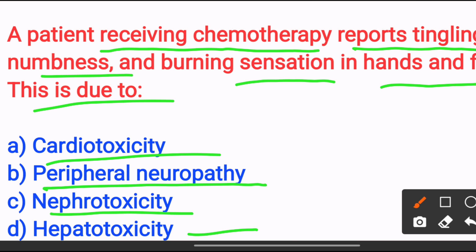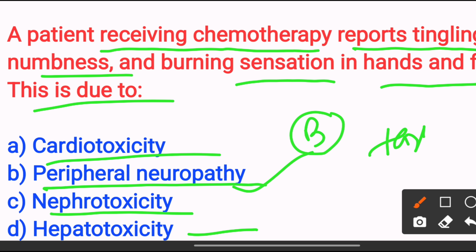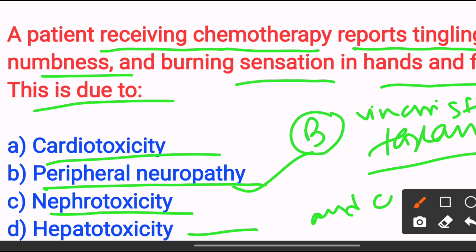The answer is option B, peripheral neuropathy, because this is a common side effect of vincristine, cisplatin and taxanes. Next,